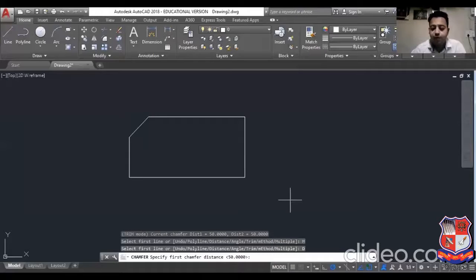So 50 first chamfer distance enter, and 60 second chamfer distance enter. Okay, so now how will you apply first chamfer distance? Okay, if you select the first line, it will take 50 means if I select this line, it will take 50 cut, and second this line, it will take 60 cut. Now it is depend on your selection.